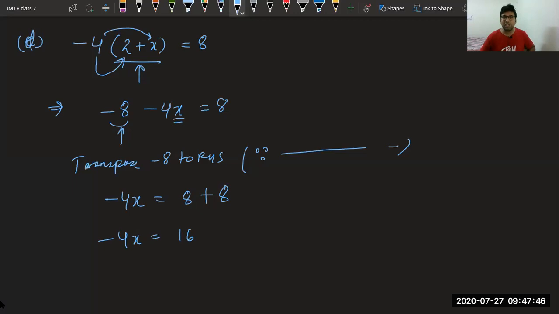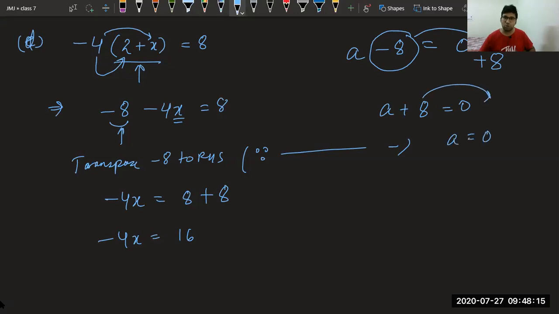Very good. You can see on the left hand side, I have told you the same thing we are doing for a long time now. If you have x minus 8 equal to 0, this minus 8, when it crosses the border, becomes plus 8. If the question was x plus 8 equal to 0, in this case, it becomes x equal to 0 minus 8. That's it. I hope you are getting this now. Ekta, a simple rule is there.